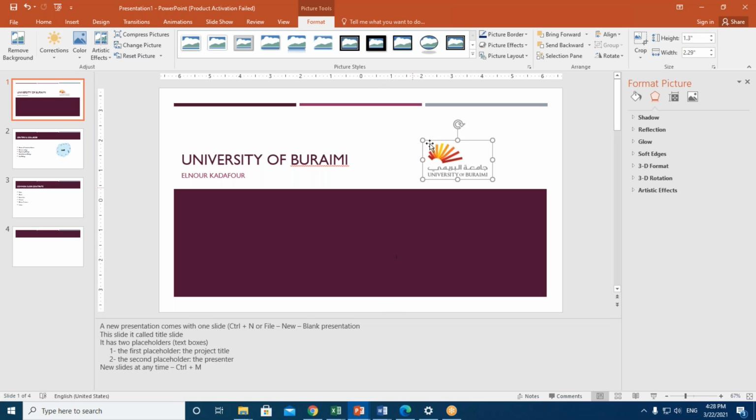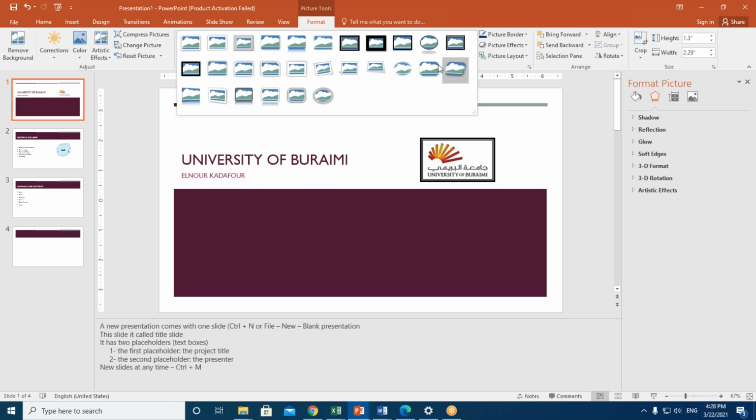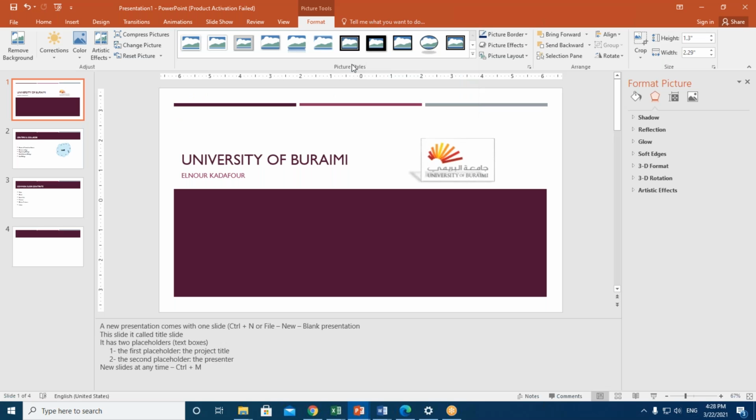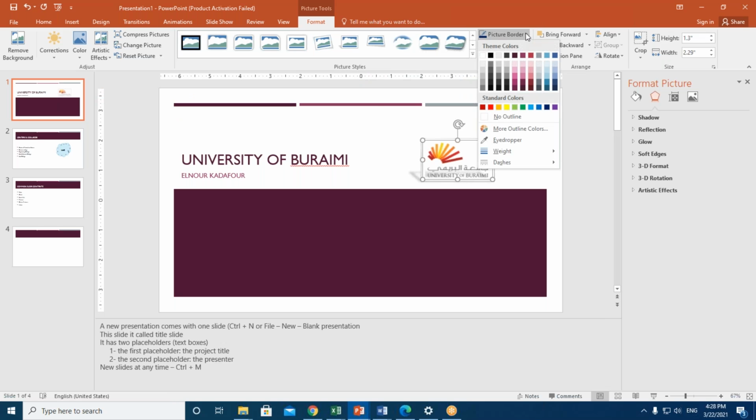Then I have style or picture style. In which style do you need your pictures? You can select this. Let us select this one, perspective, shadow. This is the style. Then for the picture we have two important things. That is,